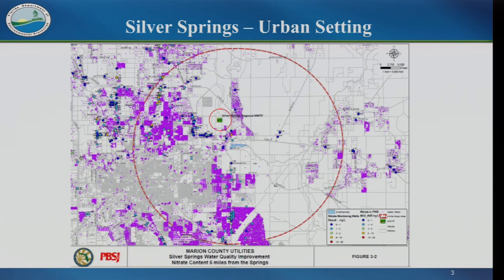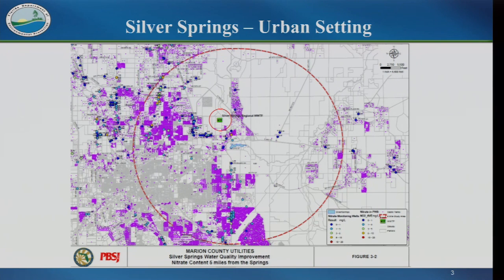Can't quite get, it's right in the center of that circle. And that spray field is right next to the spring. I don't know, Secretary, was it 2013, probably the first year of Springs funding, we actually put funding to remove that spray field. Marion County's decommissioning that spray field and moving that water to an advanced wastewater treatment facility 12 miles away. So that source will go away. That's part of infrastructure, getting rid of spray fields. They're a good idea, but they've got to be